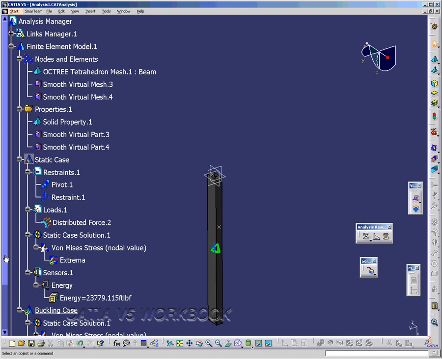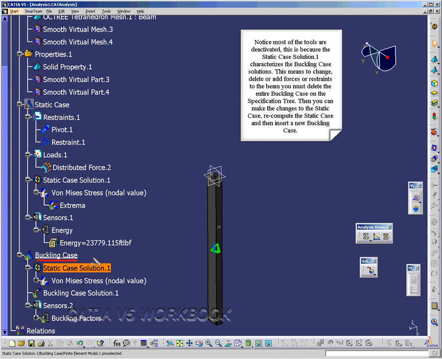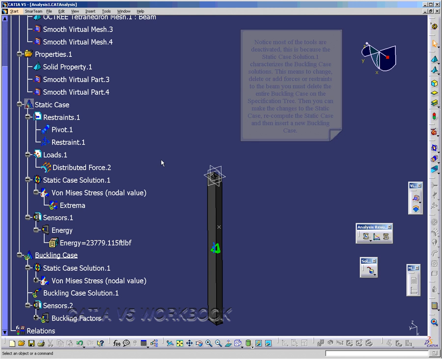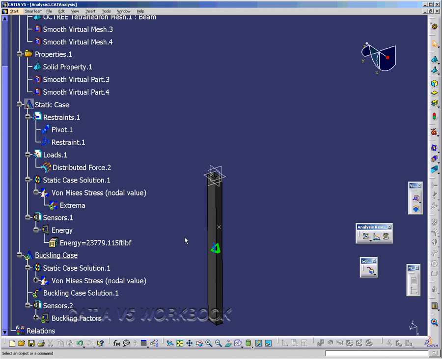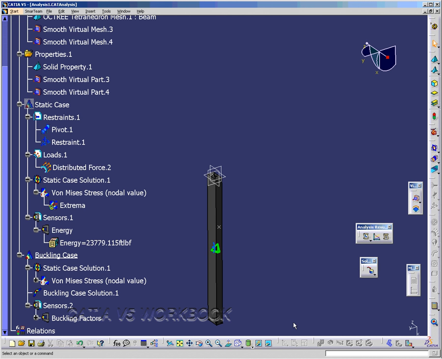And now we've switched from our static case, and now the buckling case is underlined. That means that's our current selection, and notice this static case is hidden. And most of our tools in the menus are not selectable. Recompute that, and now I can go to my deformed mesh view,